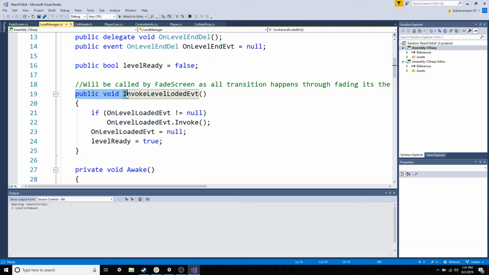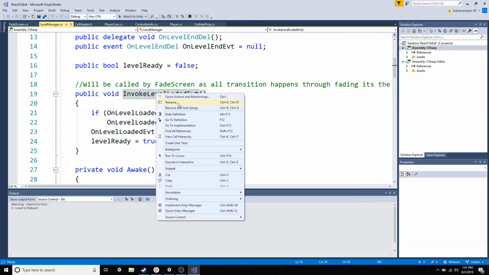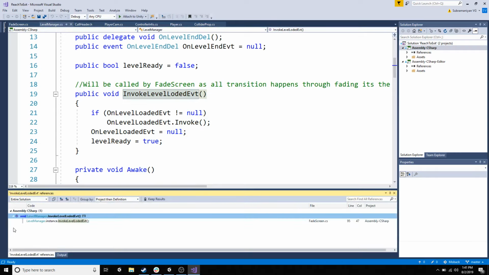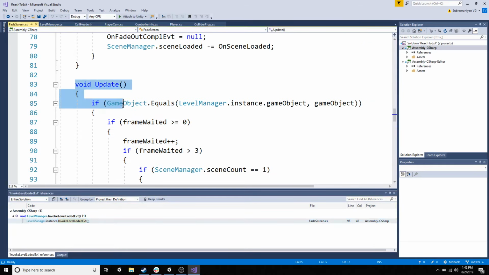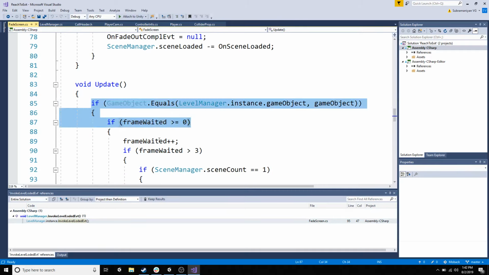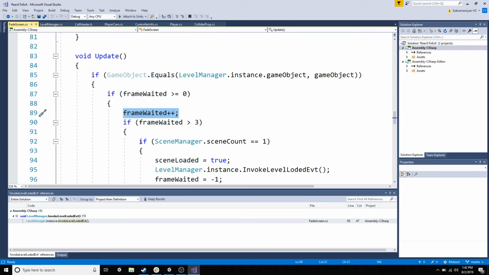And if you see here, there is this method called invoke level loaded event. This method will be called by fade screen. If I use find all references, you can see from where it is getting called. In the previous video tutorial we saw the fade screen script, where in the update method we check if the frame waited is greater than 0 and we wait for 3 frames, and after 3 frames we check whether the currently loaded scene count is equal to 1. So if only one scene is there,